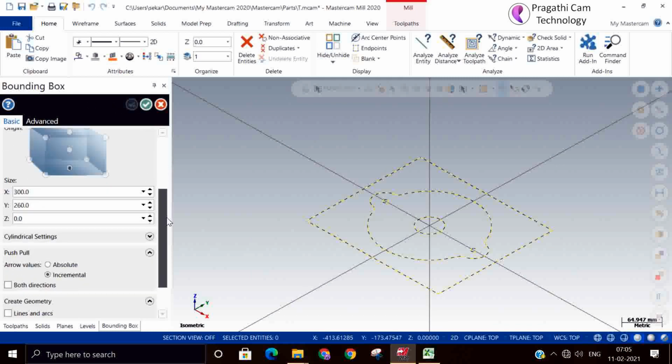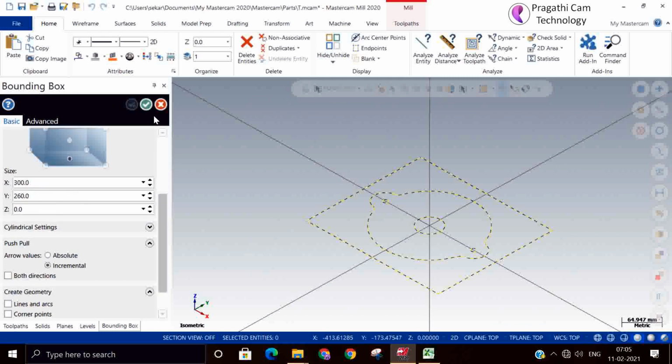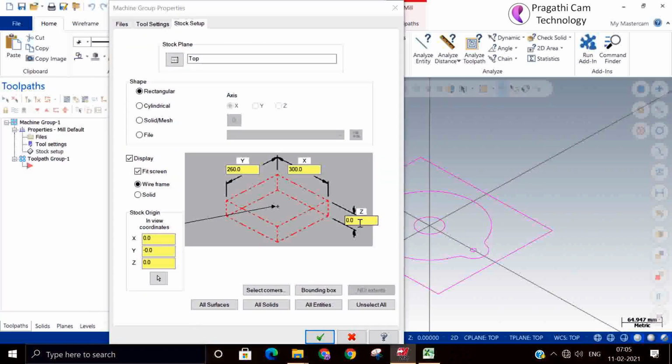You can see it here. It automatically creates the thickness, we can give it here only. So if a 3D model is available, it's better to go for the bounding box as a stock material. It will give the raw material size.